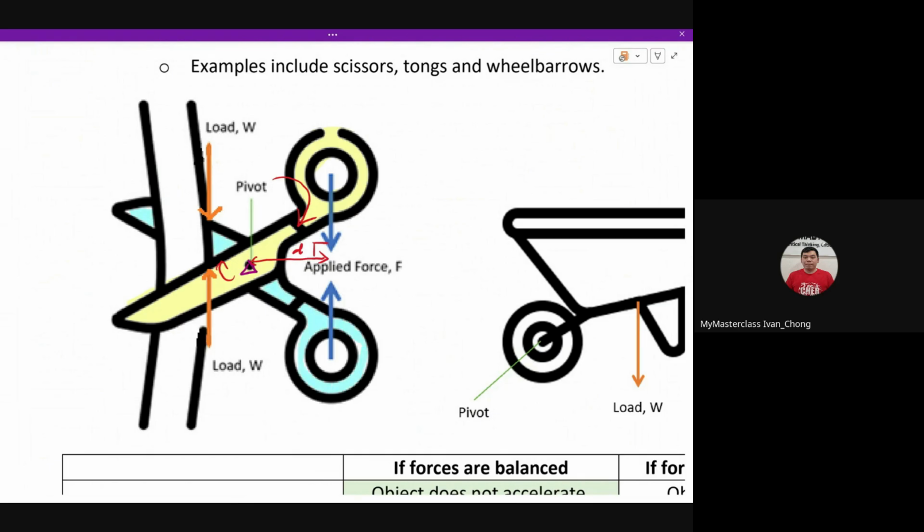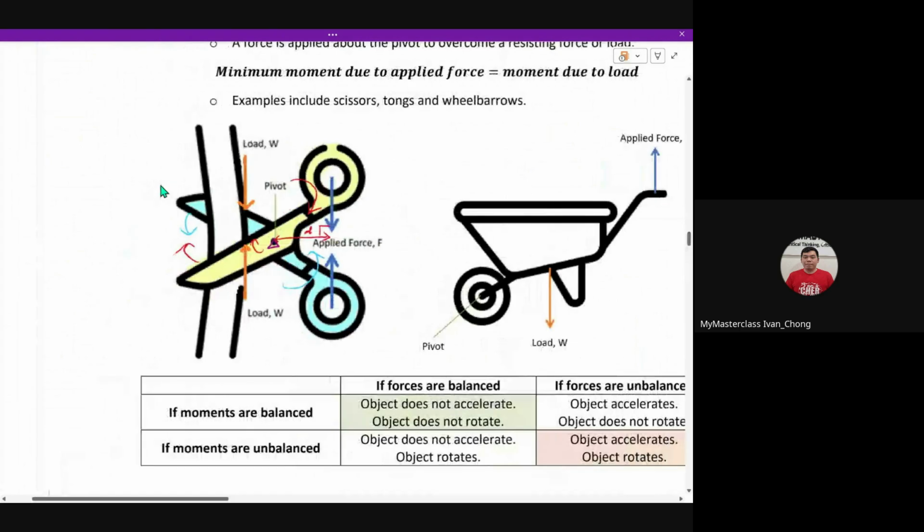So basically, for the bottom part, the perpendicular distance is the same, but now if you notice, the bottom part is actually an anti-clockwise moment. So on top here, you actually have an anti-clockwise moment as well. So can you see that? That's how you actually use the scissors to cut something. So because the scissors is actually moving,